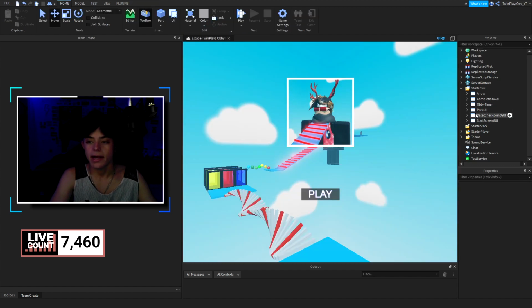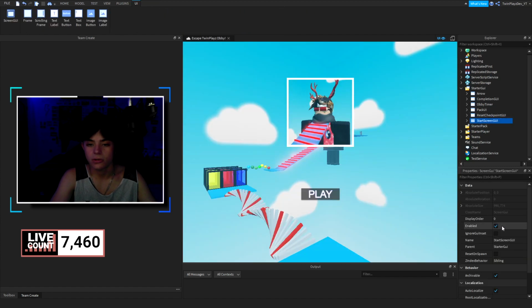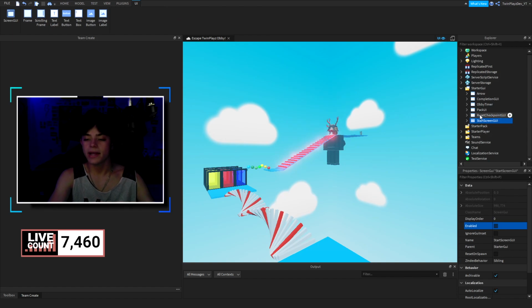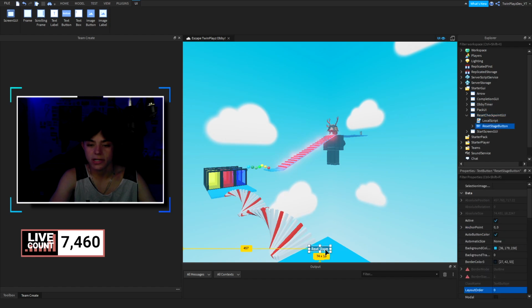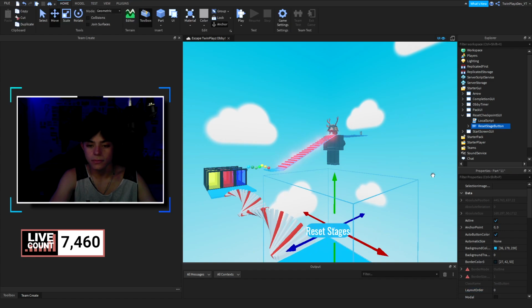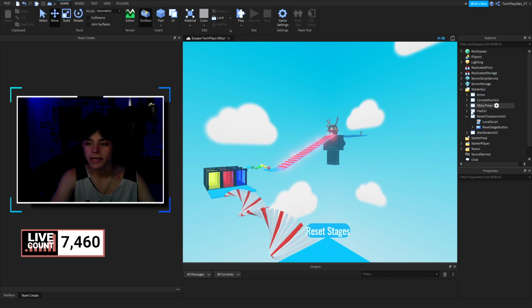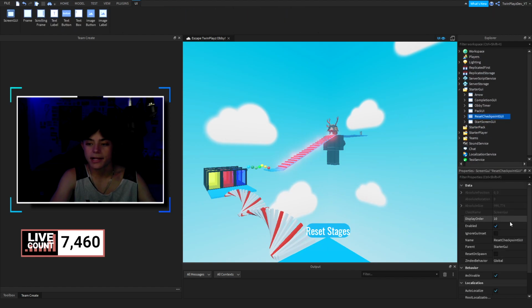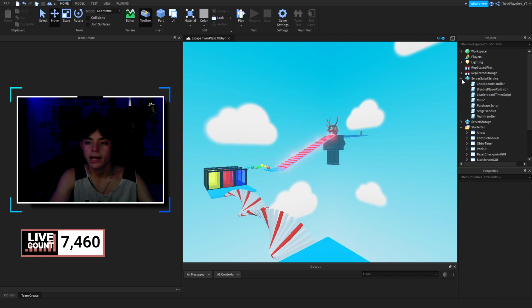Pretty sick. So if you were to just turn this off, see what happens. This is when they click play, it's going to go like that, and then everything else is going to turn on. Like we have reset stages down here. I'm going to enable this to get bigger, so maybe put this right here too. So that's what it should normally look like, but inside here we have a few things too. I'll talk about that in a second, but this one doesn't get enabled until right in here.